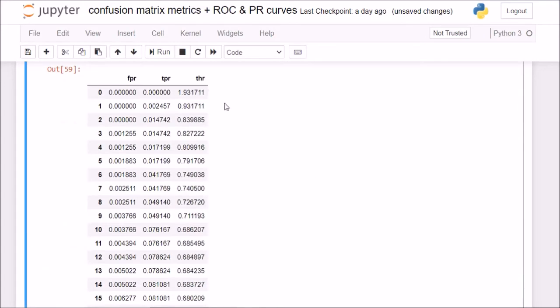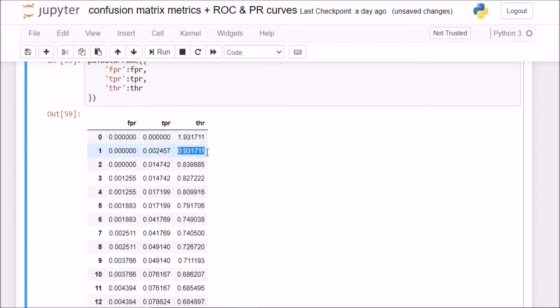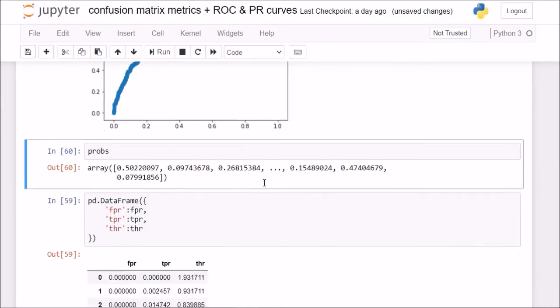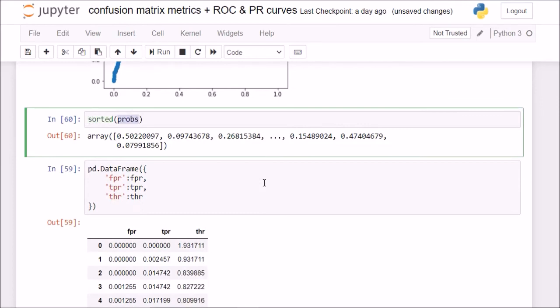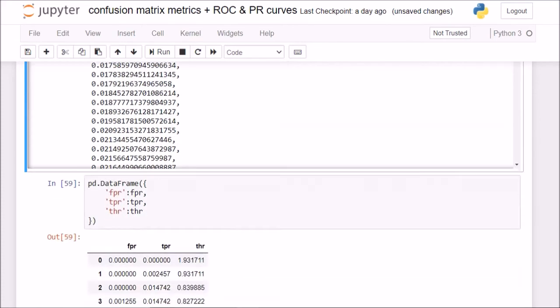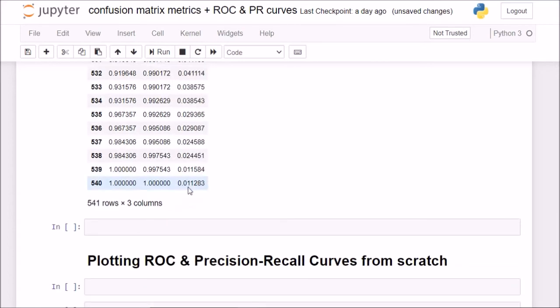Okay, so these were the different threshold values that scikit-learn used, and these were the false positive rates and true positive rates that scikit-learn calculated for each particular threshold value. Now these threshold values are nothing but the unique values of the y score. So if I check my probs array and do sorted upon this, the first values are 0.1128 and 0.1158, and if I check my threshold values, I'll find that the bottom ones are 0.1128 and 0.1158.